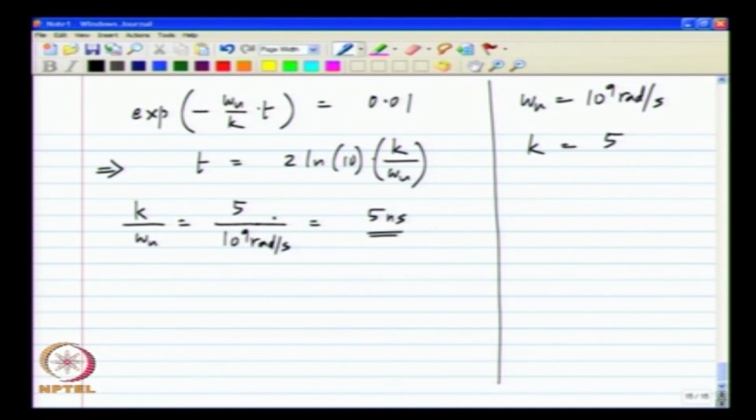And 2 ln 10 is 4.6. So, at t equals 23 nanoseconds,